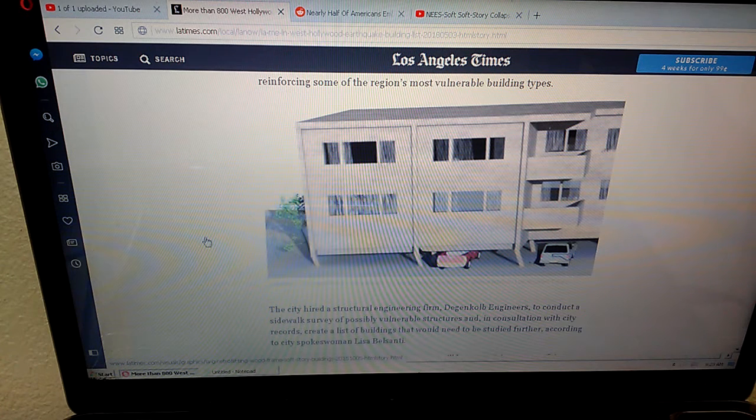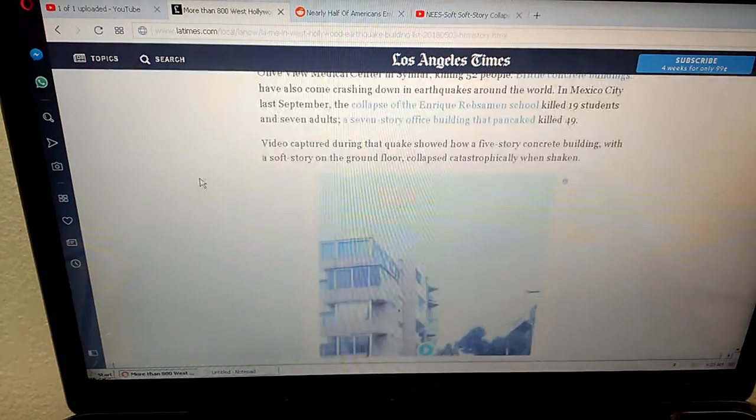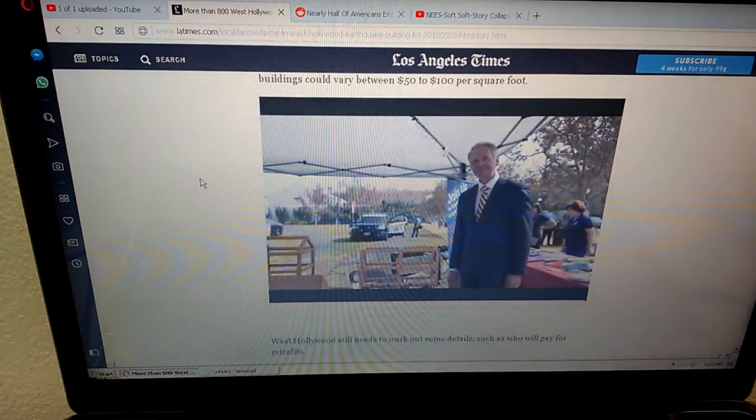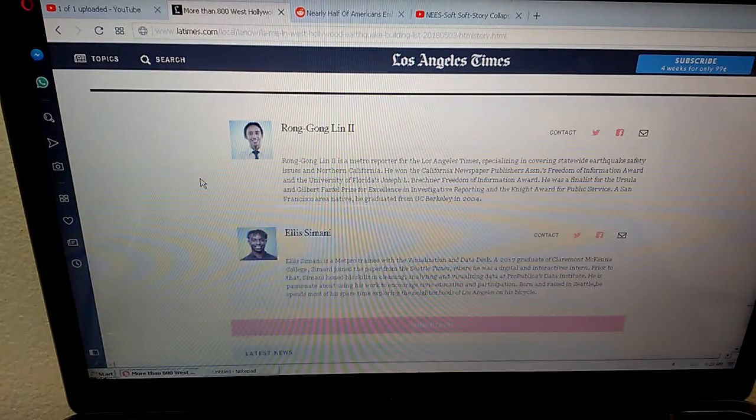So the construction cost, jacking it up is going to be costing several hundreds of thousands of dollars, maybe even $500,000 to try to do that. But the bigger issue is that it's very likely the rest of the structure is going to be condemned, and the city's going to require it to be torn down because buildings just aren't designed to fall and then take a big impact like that. So very, very interesting article, and I'm glad that this kind of information is getting a little bit of press because it's a very serious